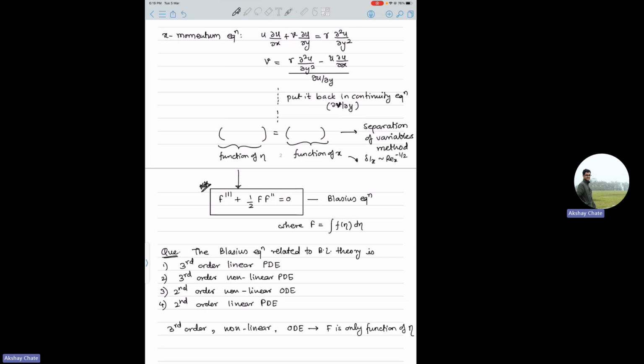Some people get confused here because they assume that theta is function of x and y,